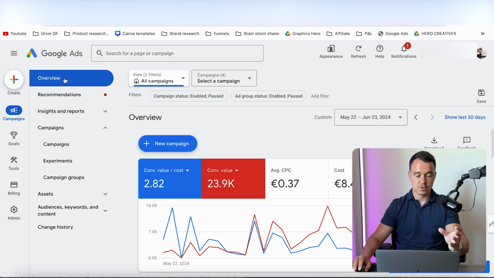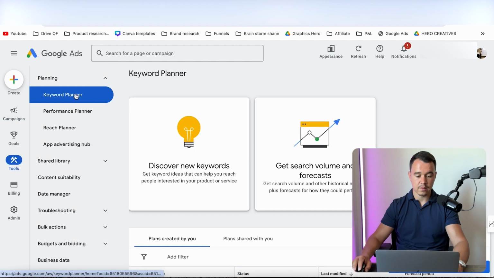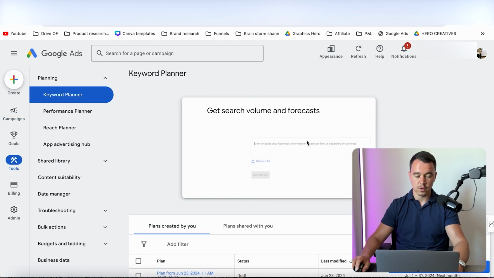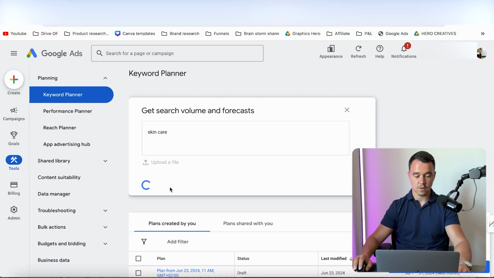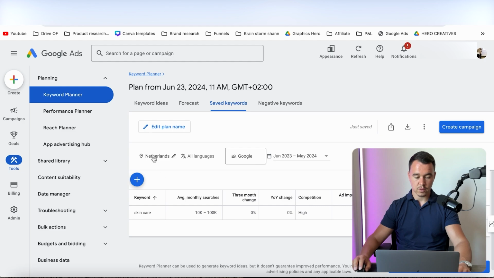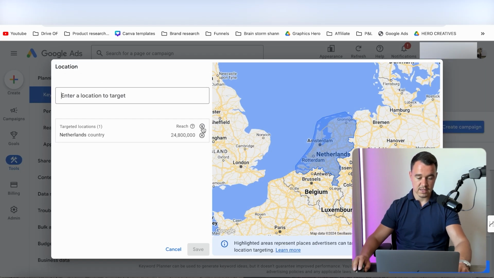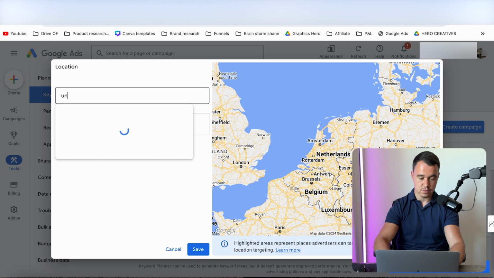So how do we find the winning products for Google Ads? Well, I use a second tool, and this is the Google Ads Keyword Planner. If you have a Google Ads account, you can go to Tools, Keyword Planner, and then we are going to click on Get Search Volume and Forecasts. So for example, if we use skincare again, we will type in skincare and get started. So here we are going to search for it, and what we do, of course, we are deleting the Netherlands